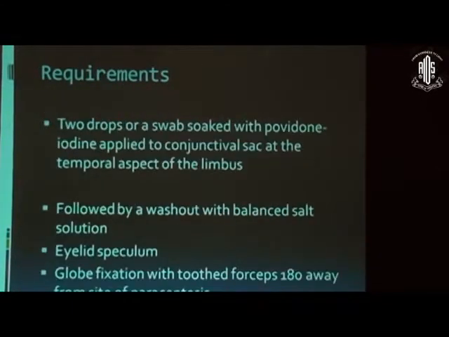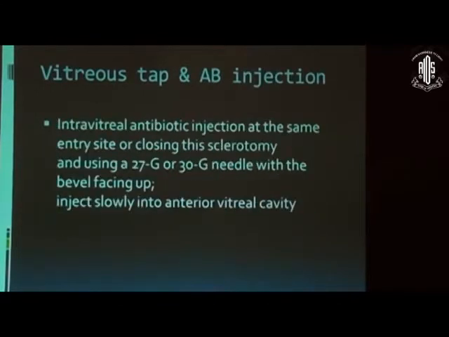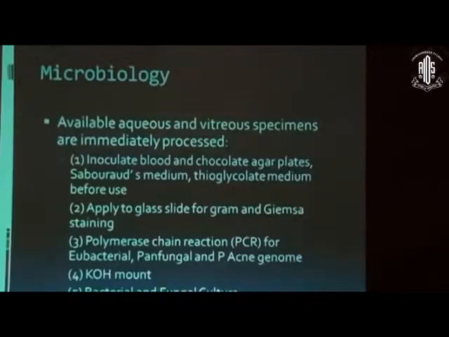We have a couple of techniques for how we do an aqueous tap and a vitreous tap. I'll just show you the set which has been commonly used. This can be done in the OPD as soon as you see the patient. We have a surgical tray laid down in the OPD chamber. A couple of gauze pieces are there to clean the eye as well as to patch the eye. Antibiotic solutions are here. We can take a syringe to mix the antibiotic solutions appropriately as and when required. Povidone iodine has to be instilled with proparacaine, and this procedure can be done either with a slit lamp examination or an indirect ophthalmoscopy examination.